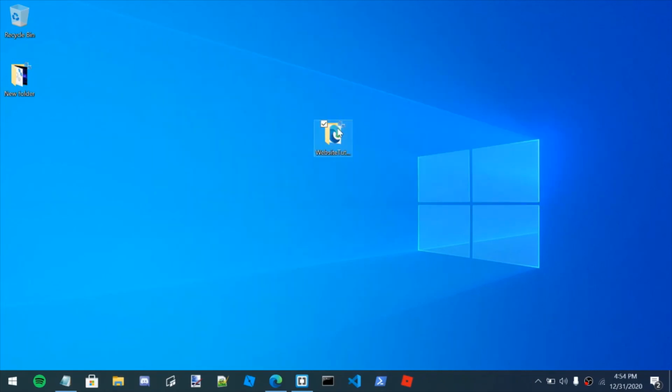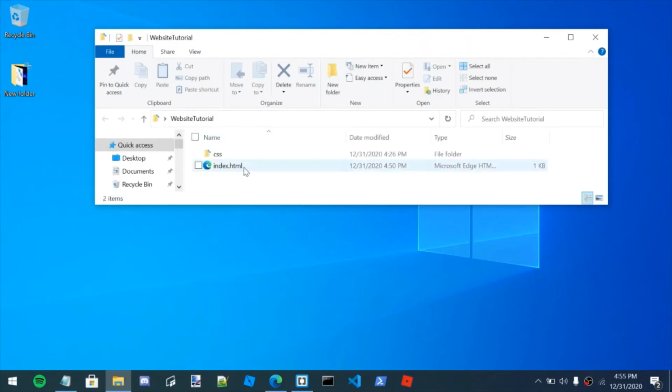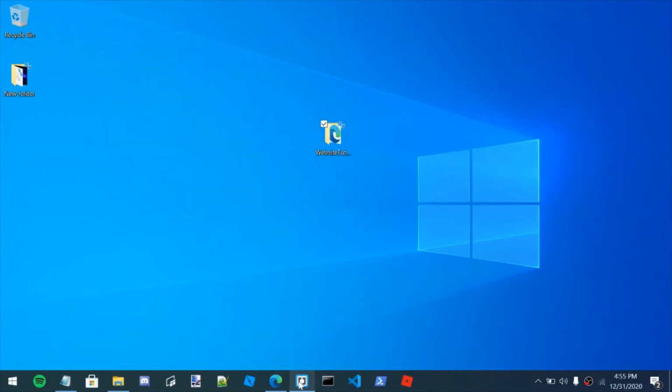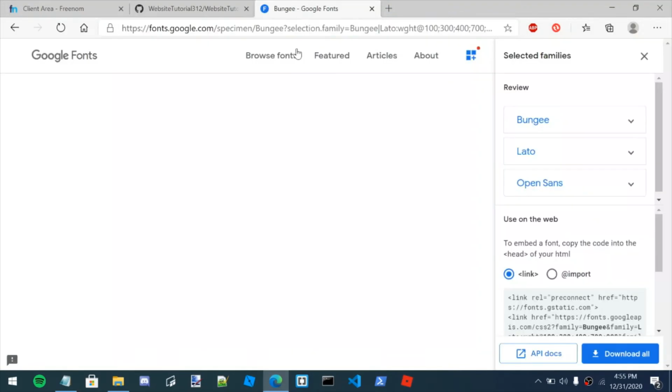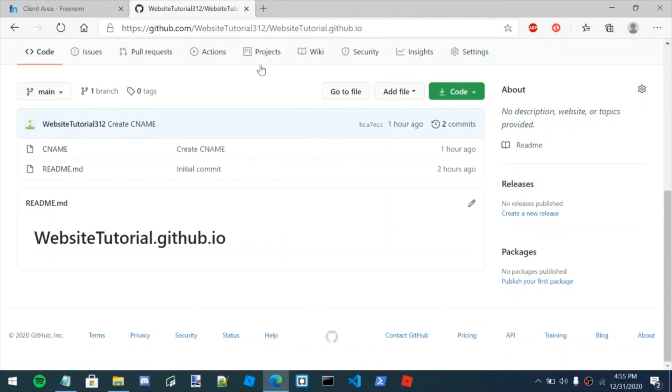Open up the folder, and you see it has all that in it. Now you're going to want to keep that nearby, so I'm just going to close this up, go back here, close that, and then you see right here, you're going to go add file, upload files,